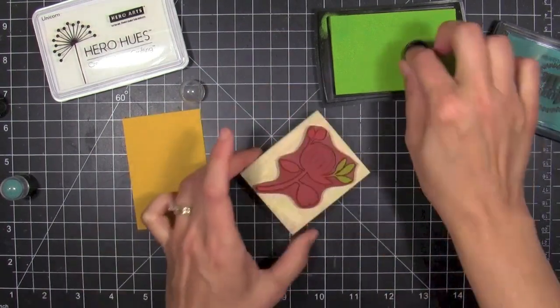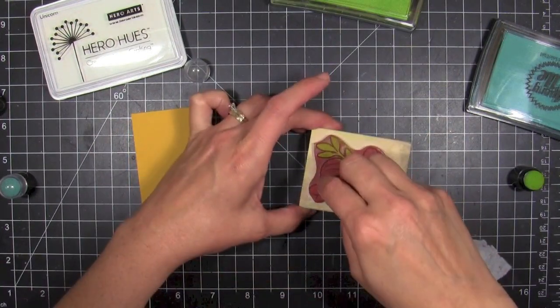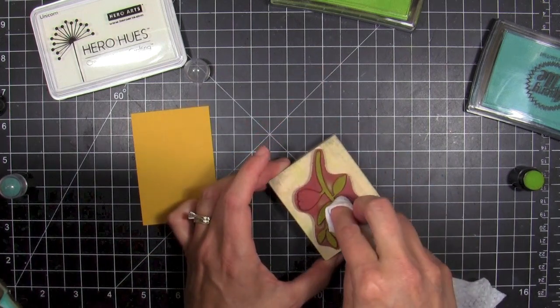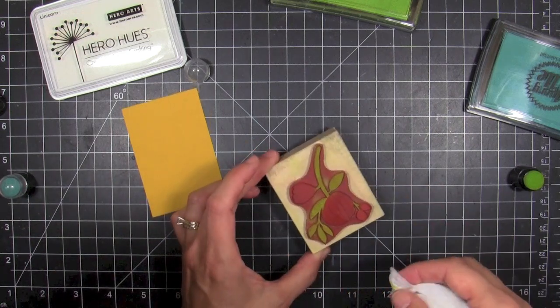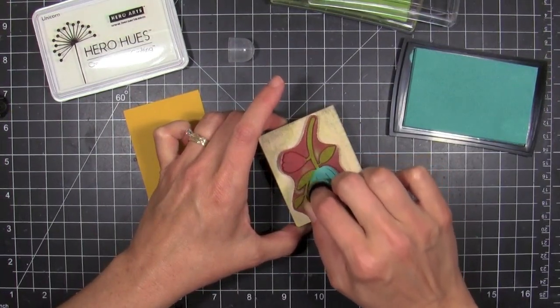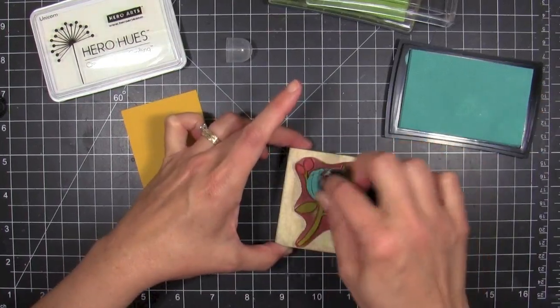And I'm going to take this flower pot image by Savvy Stamps, and I'm going to do some omitting, which means I'm going to color different parts of the image with different colors of ink. And I'm using pigment inks. These are by Avery L. And I love the saturation that pigment inks will give me when I'm stamping onto colored cardstock. They're going to remain much more true than a dye ink would on a deep colored cardstock like that gold